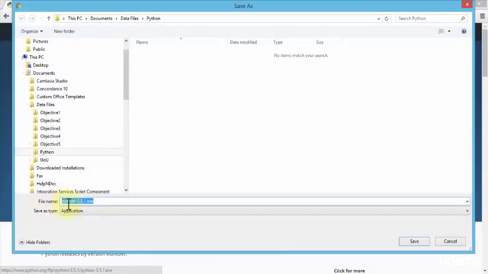Notice the file name is python-3.5.1.exe, which means an executable file. And I'm going to download it in my data files folder, where I've created a folder called Python, and this is where I'm going to save the application. So once I click save,